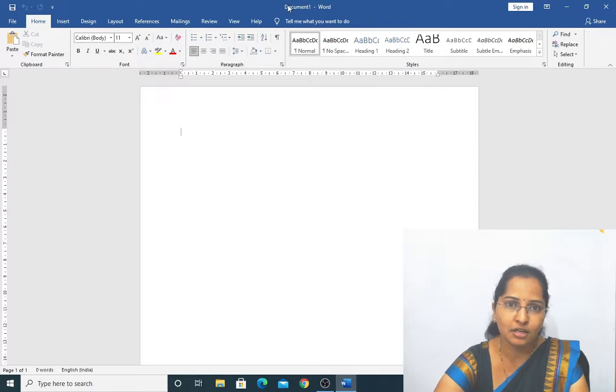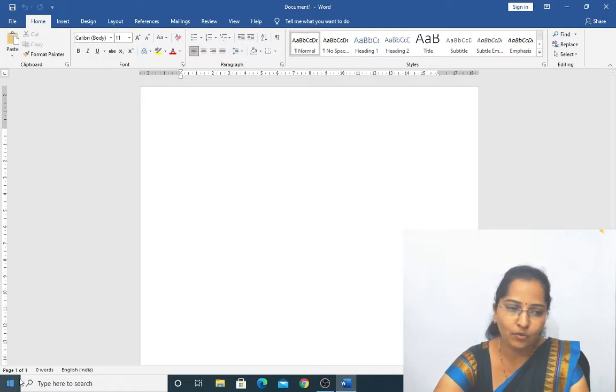And what is this? Document one, Word. It is the title bar. And what are these? Save option, undo and redo. It is the quick access toolbar. And last, these three are window control buttons. The window control buttons will be having minimize, maximize and close option.